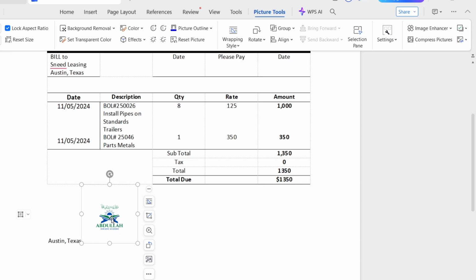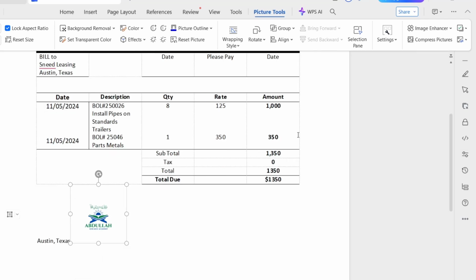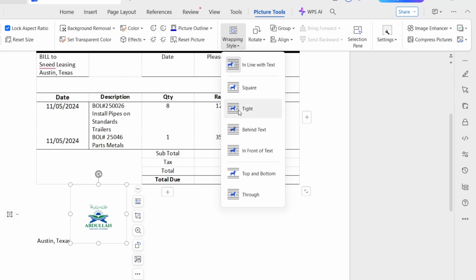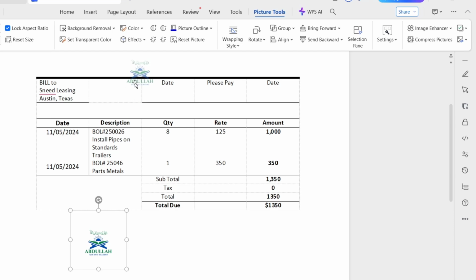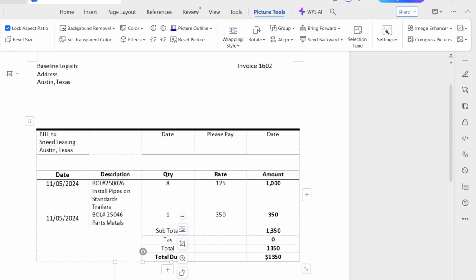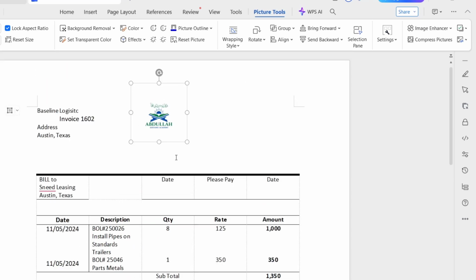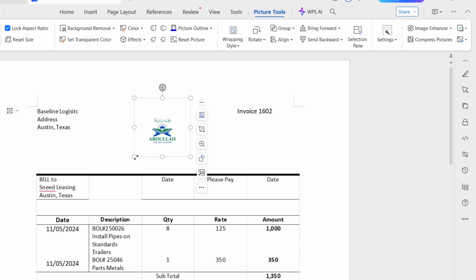So simply you have to double click on it, or click on it, and then there is a new toolbar which is called Picture Tools, and there is an option of Wrapping Style. Click on it, and then you have to click on Tight, right? And after clicking on Tight, you can simply drag it like, see, and you can adjust it right here,